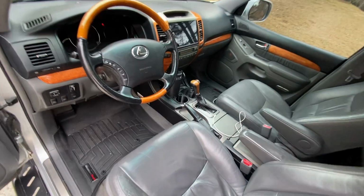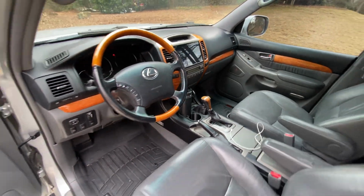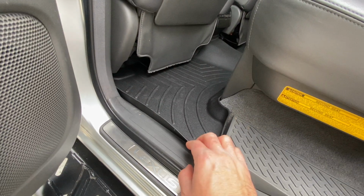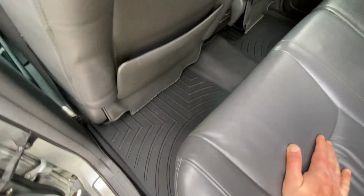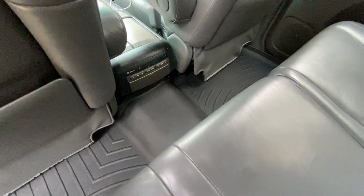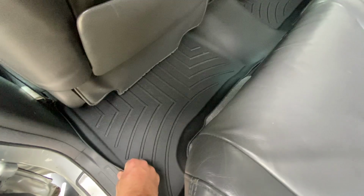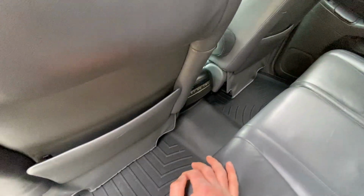So that's the front, and again, there's just kind of a panning through what it looks like, and man, do I love it. Just really looks sharp. Back, as you guys can see, there's the lips, so if you spill a liquid, it's not gonna go all over your carpet. But this is one single piece, similar design to the front. And again, it's got that lip all the way around, but just doesn't move. It's solid. Tucks up under, and it just really finishes off and protects the flooring, which is the main goal,